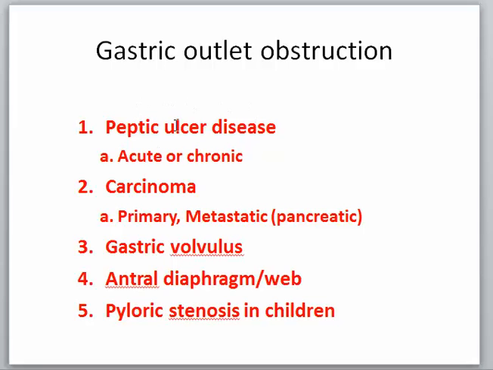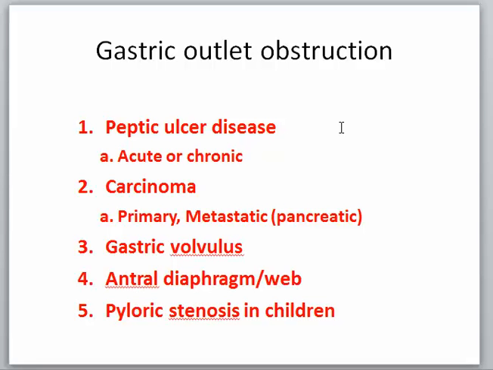It is according to the degree of fibrosis at the region of the ulcer. If it is just an acute one, you will see a spasm. If it is chronic early, it will result in outlet stenosis, and if it is old and chronic, it will result in a complete obstruction